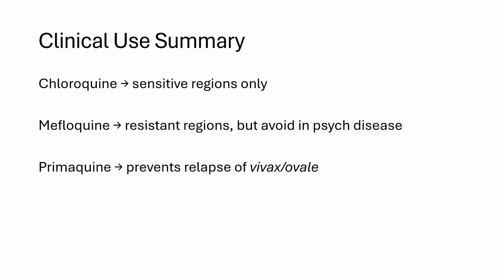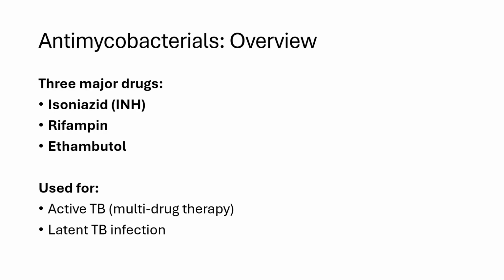So quick summary slide: chloroquine we can use in the sensitive regions only. Mefloquine can be used in resistant regions, but we have to avoid it in any psych disease. And Primaquine, this is the one we use to prevent the relapse for P. vivax or P. ovale. Okay, moving on to our